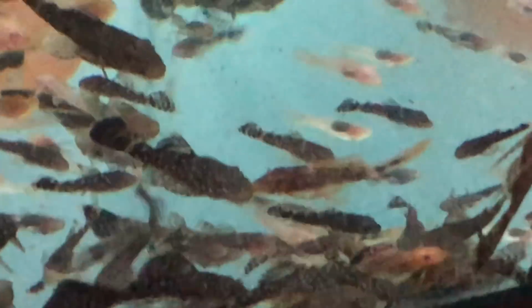Real close to us, there's a larger calico, half behind the front of the tank. That's a really cool colored pleco. I cannot wait to raise those up and start breeding them. So there's a darker one, long fin, and there's more of a red. So these guys are super cool. I'm real zoomed in on the camera, so we're losing a little bit of the clarity, but you can definitely